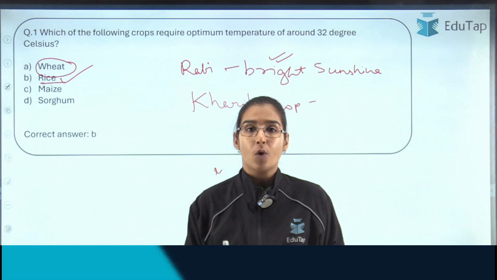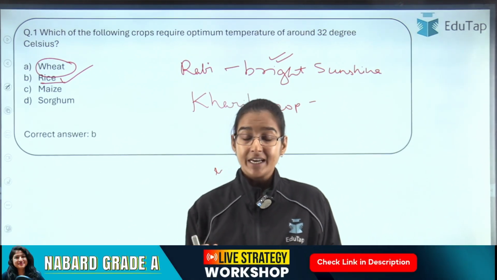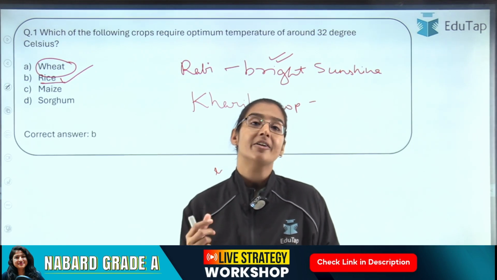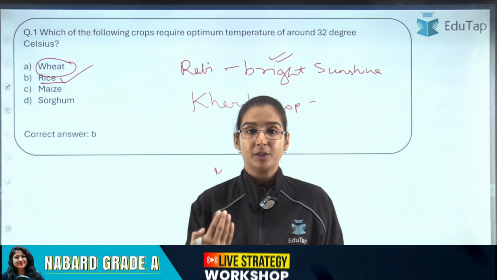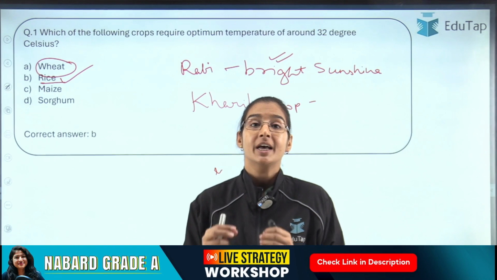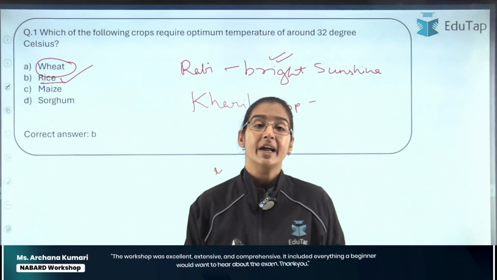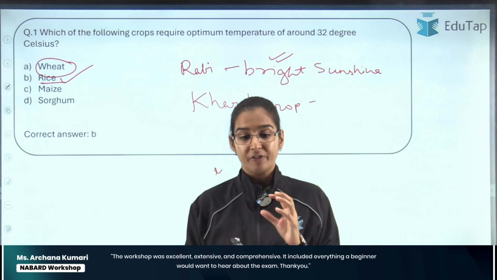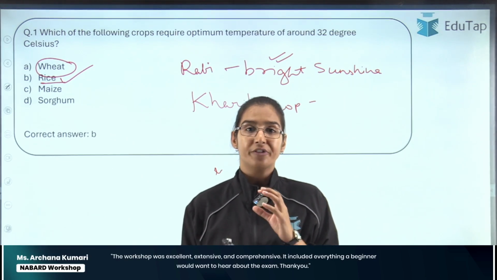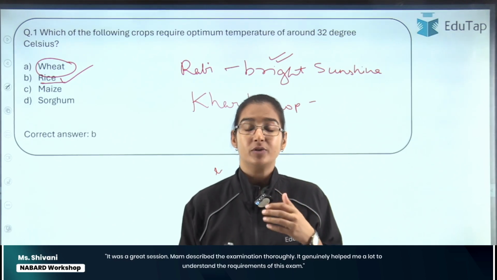Now you might ask, what about areas like Punjab and Haryana where rainfall is not that much? In areas which are deficient in rainfall, rice can be grown with a good network of irrigation facilities. Areas like Punjab, Haryana, Western Uttar Pradesh have very good irrigation facilities in terms of canal network and tube well network. Because of that, we receive a very good yield of rice from these areas.